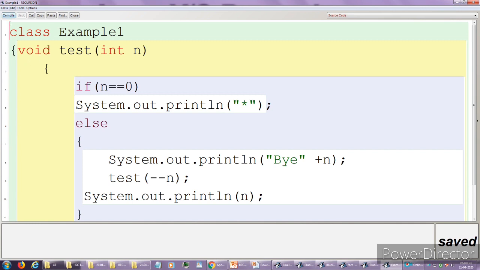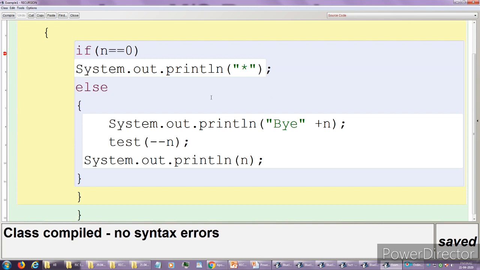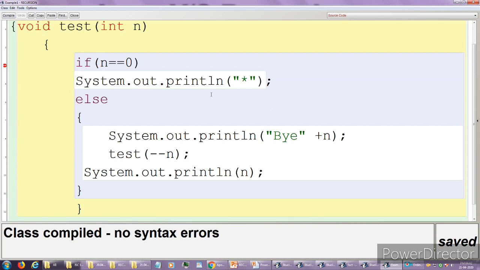Now if I compile this program and set a debugger here: if n equal to 0, again this is a base case. And if I give the value of n as 4, you can easily identify what result we will get. For 4, the condition is not satisfied, that means the base case is not satisfied. It will move on to the else part.